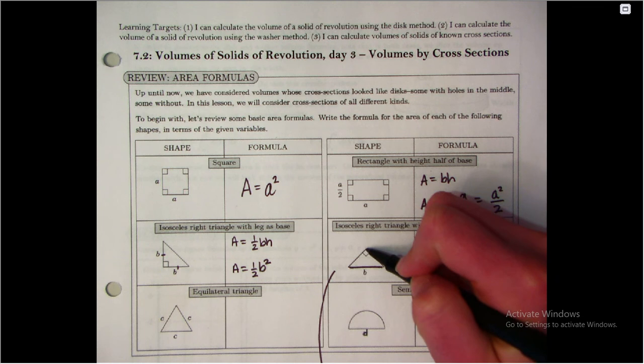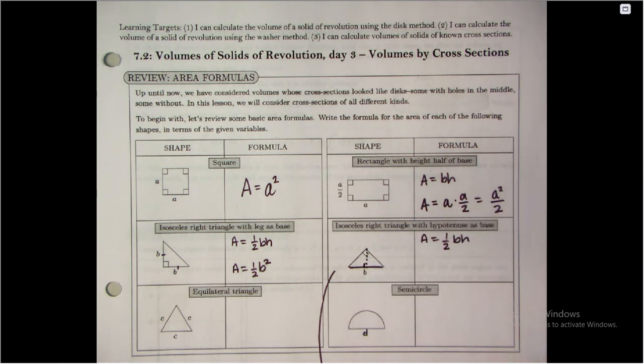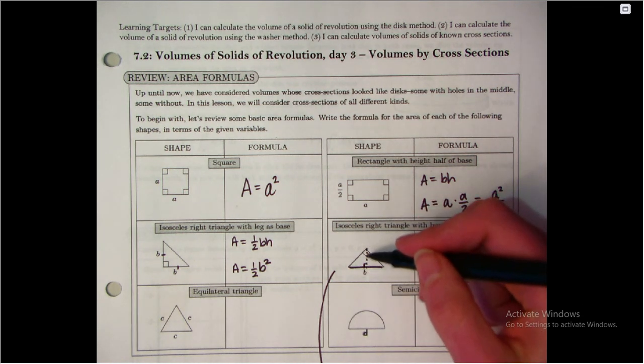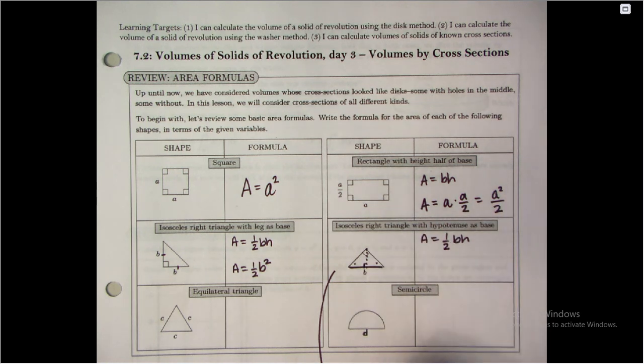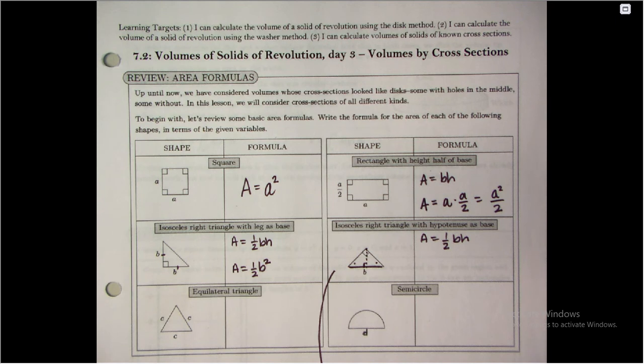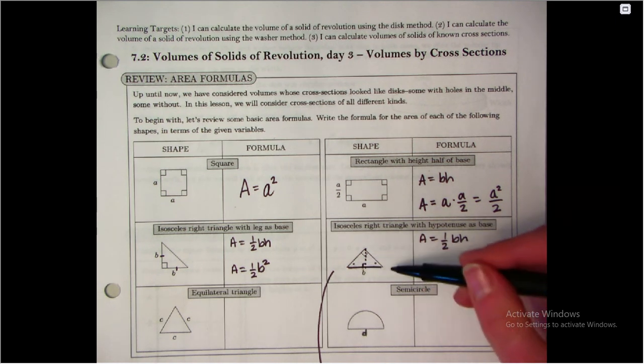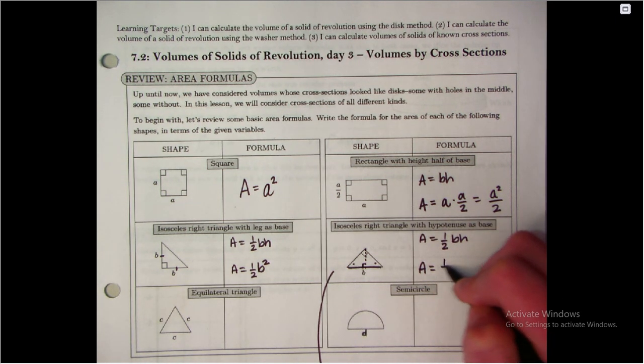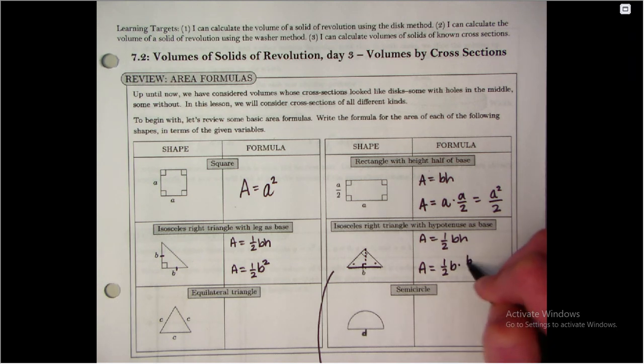If you recall that in an isosceles triangle, you would have symmetry. And if it's an isosceles, then this is a 45-45-90 triangle. So I'll put my 45-degree symbol here. And special right triangles would tell me that the height was also equal to base over 2. Or you could use tangent to come up with it. That would mean that if you are given the length of the hypotenuse, that your area would be 1/2 b times b over 2, or 1/2, I should say 1/4